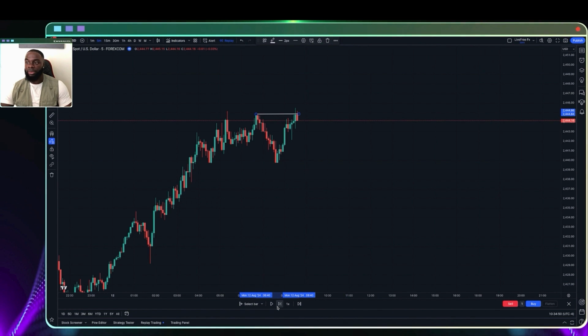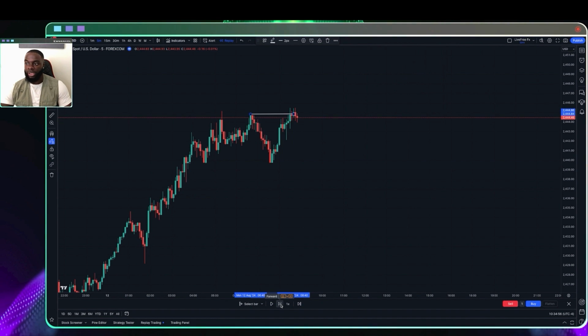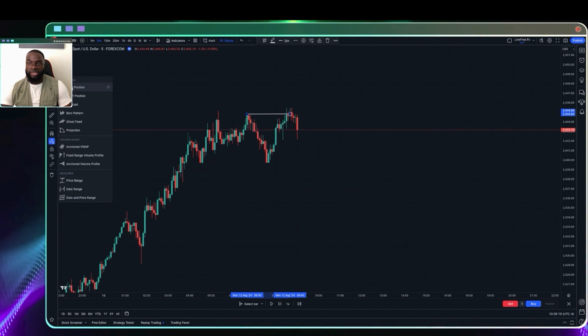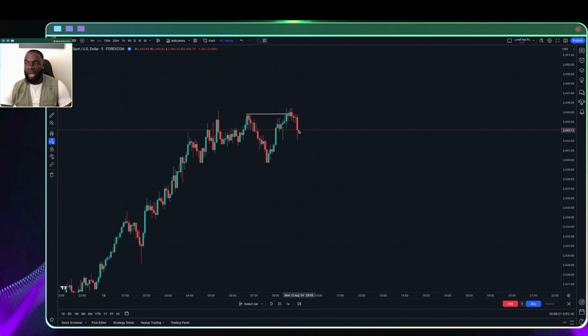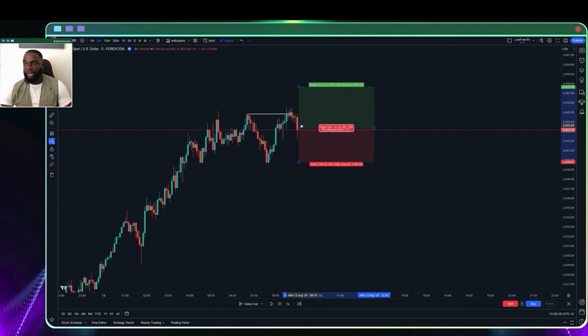But let's not be too aggressive. Let's be a little bit more conservative today and see if the market is going to pull back a little bit and give us an opportunity. Personally for me, this is already enough pullback. So what I'm going to do here is set my stop loss at 30. I'll keep it at 35 pips, and I know there's spread, so we can do it at 38, just below